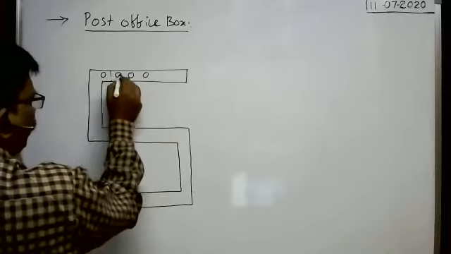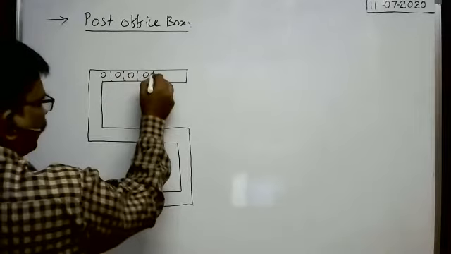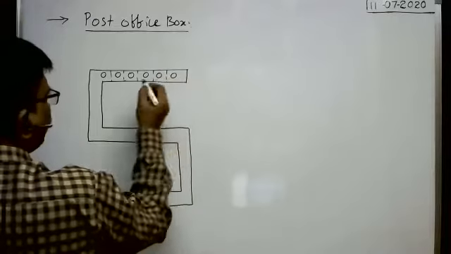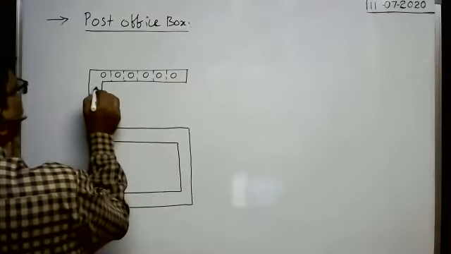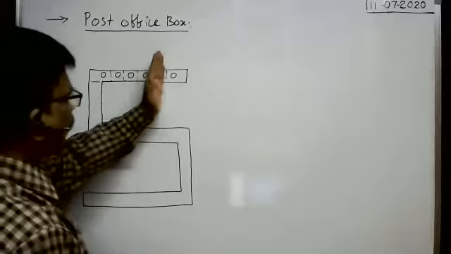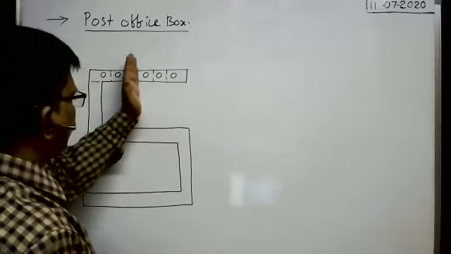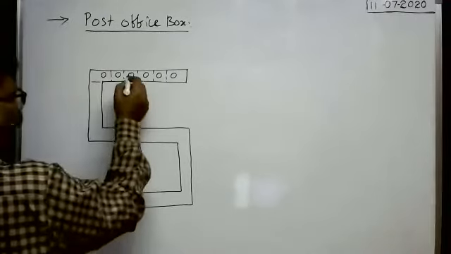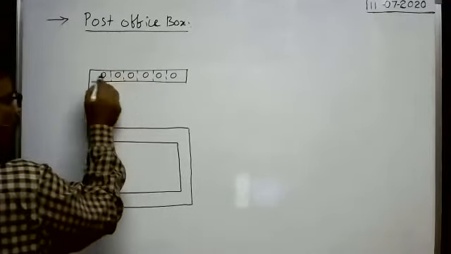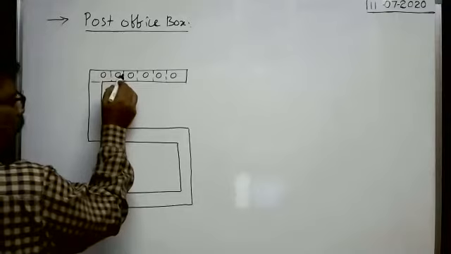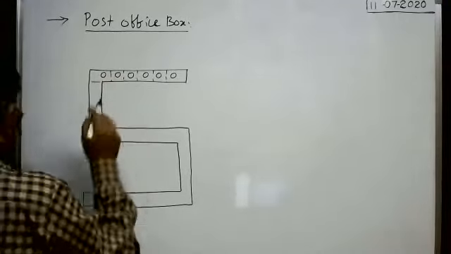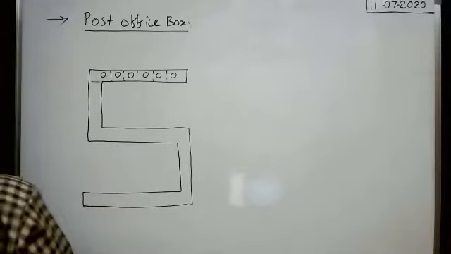Actually, this is in the form of different parts, different slots like this. You see, this is one piece, this is another piece, this is another piece, like that. Whenever you put the key, these two parts will be joined in series. When you put the key here, these two will be joined in such a way. I will draw it clearly.